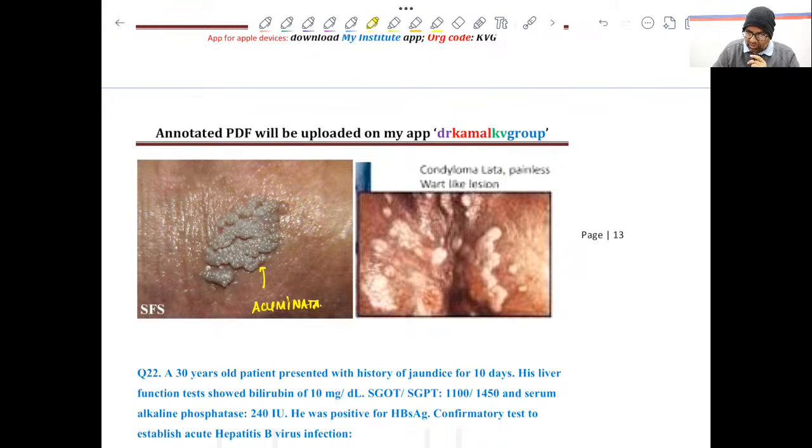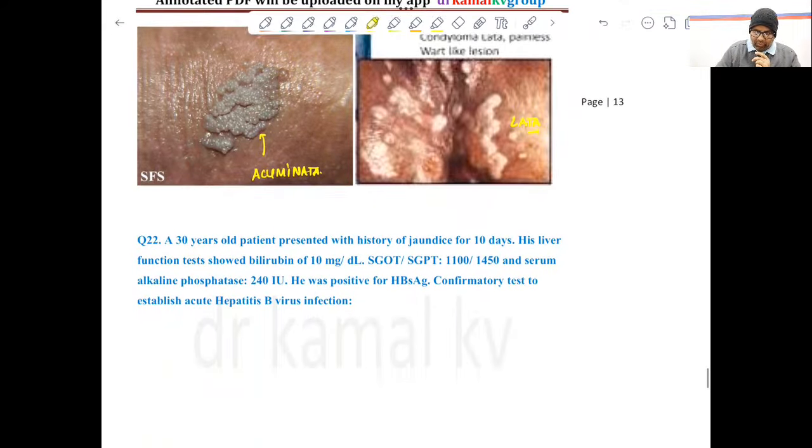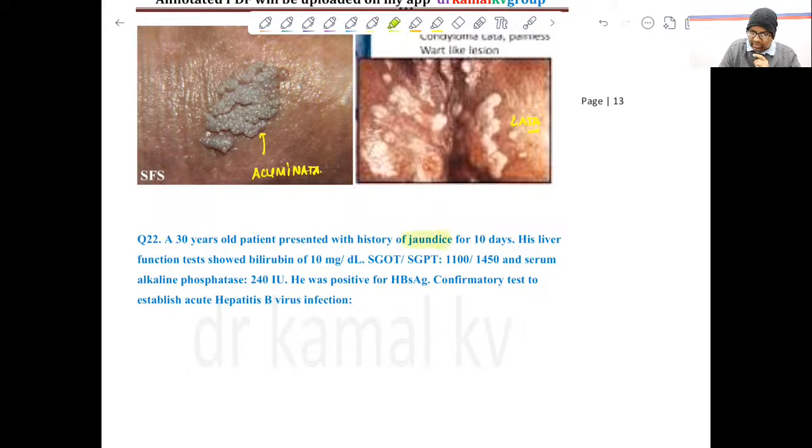Clear? And this is condyloma lata. Fine? So please make sure you don't mix up. Then moving forward, a patient has history of jaundice for 10 days, and his LFT shows bilirubin which is increased,